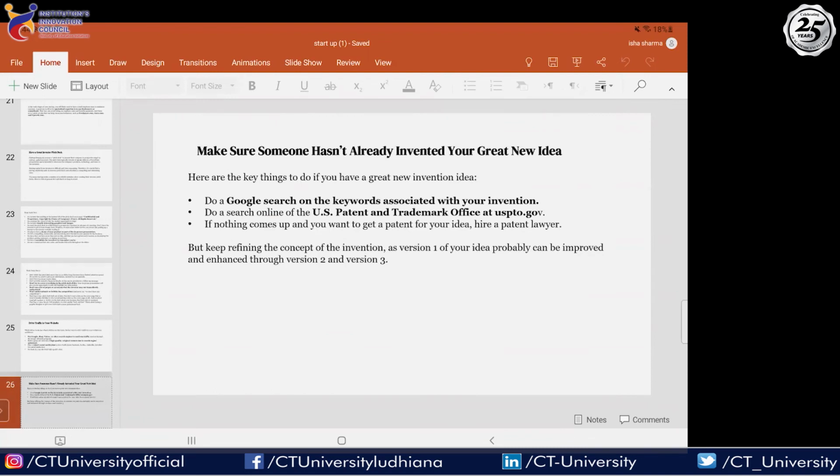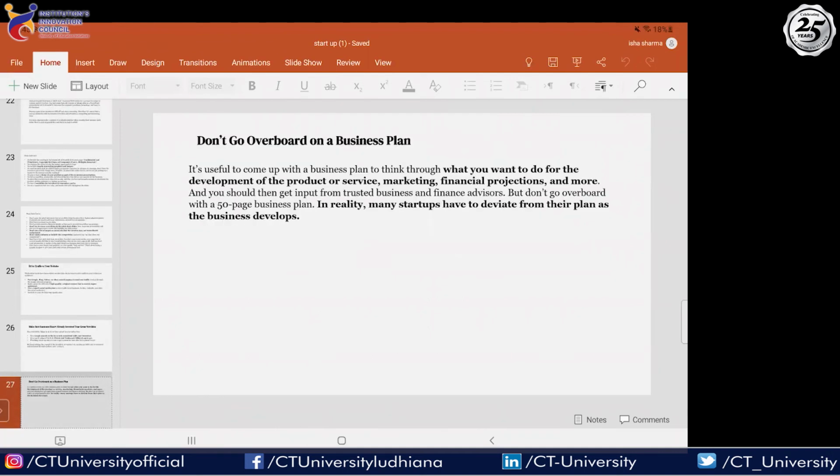These are certain websites where you can cross-check. In the first initial slide itself, we discussed that a Google Patent or Google search can be done to cross-check whether your idea is already being done or not. If you want to conduct specific patent searches, you can go to countries' websites. For the US, you can go to USPTO. If you want to do it in India, you can go to IP India. Accordingly, you can search.